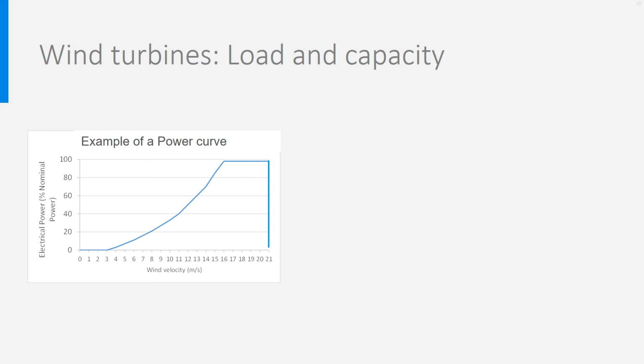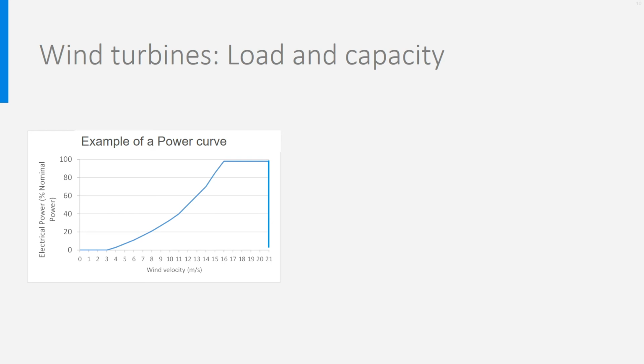Producers of wind turbines give in their specifications the rated electrical power, which is nothing else than the nominal power at the maximum wind velocity the turbine can bear. They also give a power curve as function of the wind velocity. For a quick and rough estimation of the total annual electricity production, one can take the average annual wind velocity at the location and multiply the corresponding power by the number of hours in a year, which is